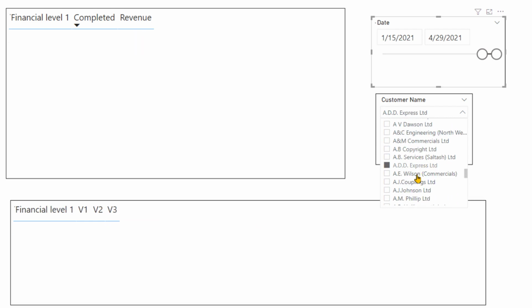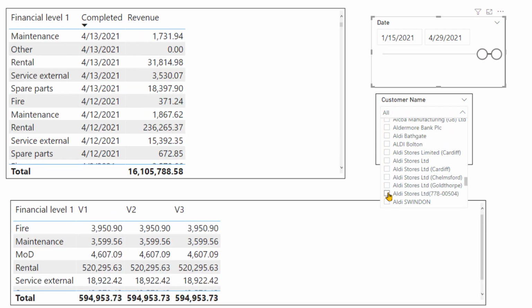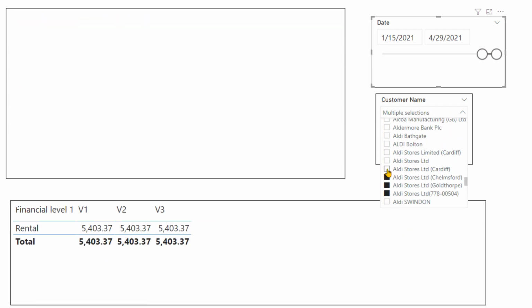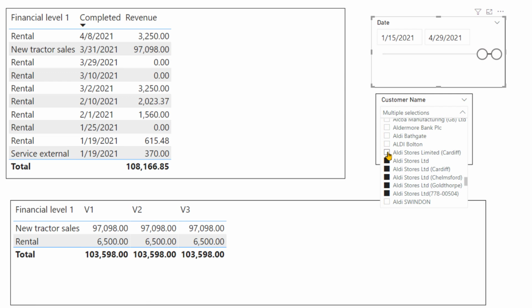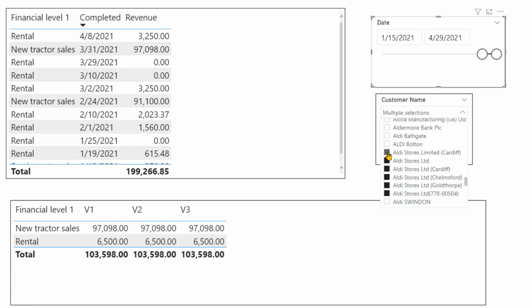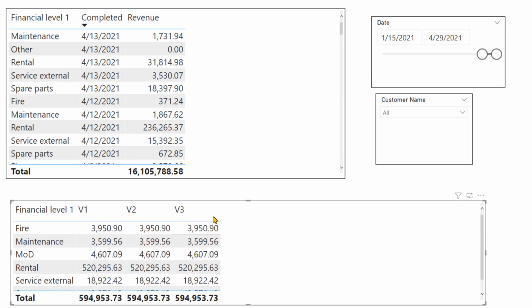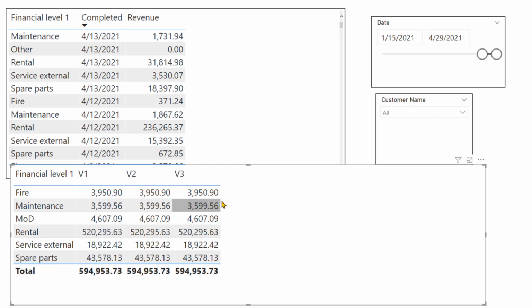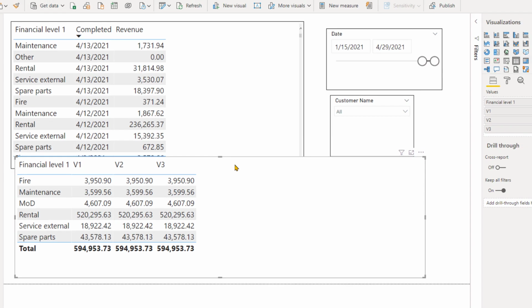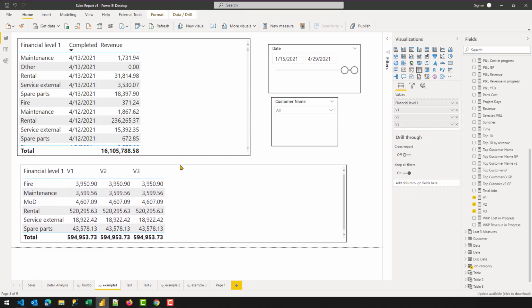If I select AB or something different, so if I select a couple of values, you can see that all three measures are returning the correct value. And if I clear the filter, you can see that we still get the correct value. All three measures are returning the same value for each row. So now we know that the code is working.